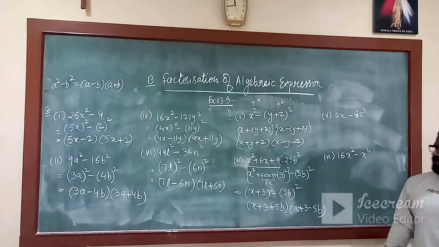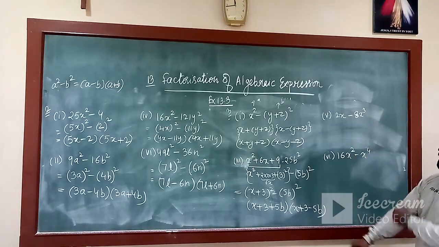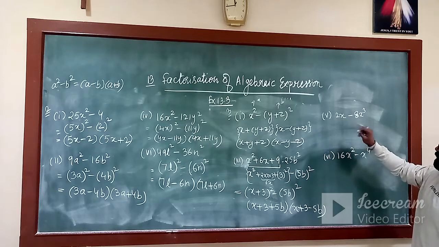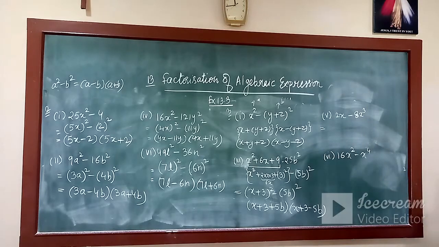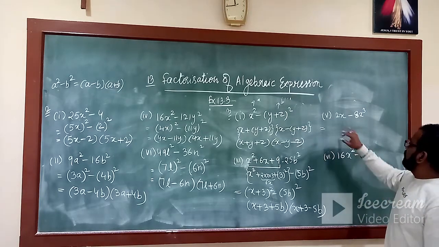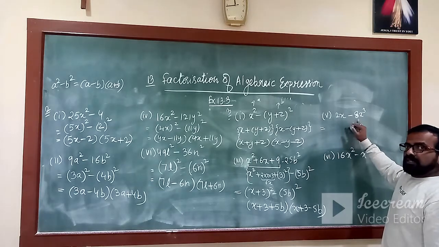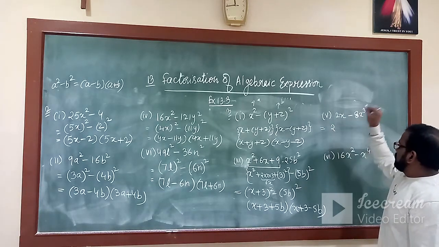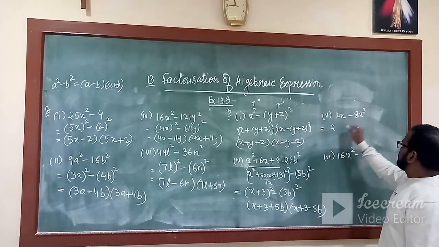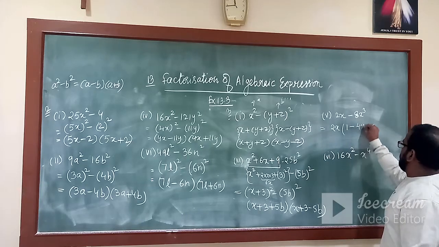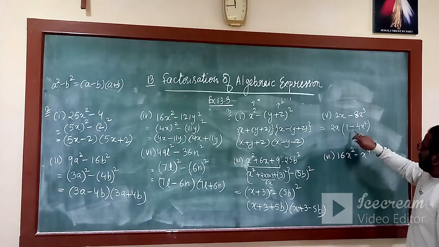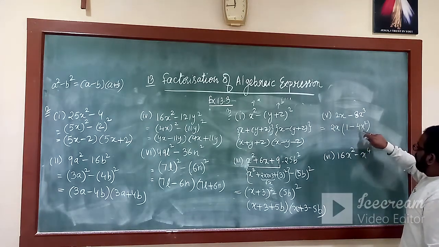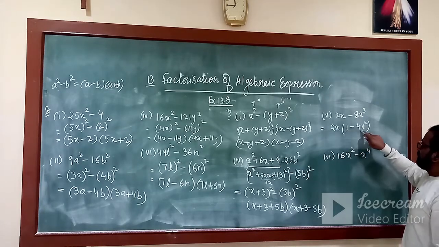Now the questions may be like this, where you are not having the perfect square terms. But if the question is like this, we can remember the very first method that we have stated, that is the common term method. See, 2 and 8. So the 2 will come out, x and x cube. x will be there. So what is left? 1 minus 4x square. Although it has been factorized, if we see carefully, this term can again be factorized. So you cannot leave your answer till here.